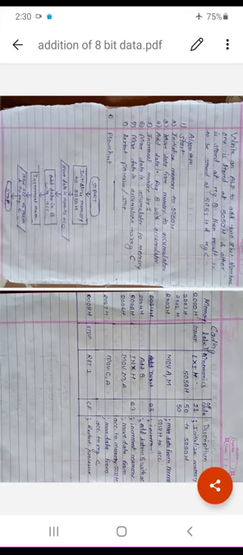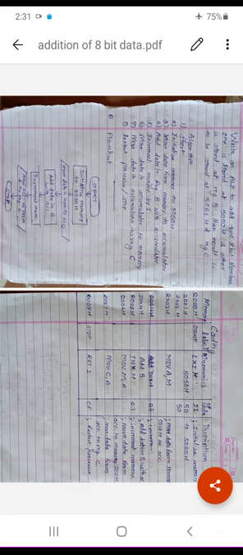Friends, in today's lecture we are going to learn how to write programs for the 8085. As we earlier studied the instruction set of the 8085, in which we studied the data transfer group instructions, arithmetic group instructions, logical group instructions, then machine control instructions and so on. Now how to implement those instructions and how to write the program, that we are going to see with